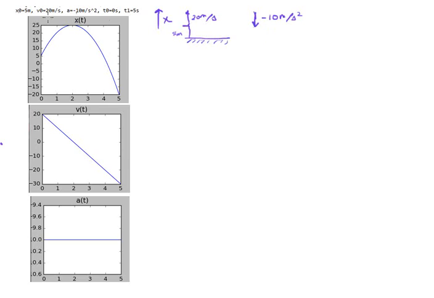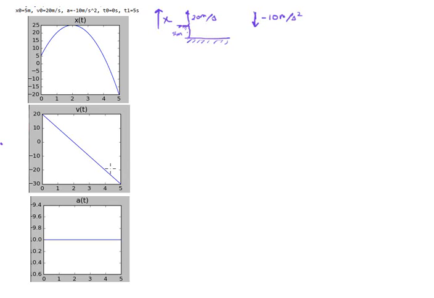And so I've summarized the parameters up here. X naught is equal to 5 meters. That is, we're throwing it from an initial height above the floor of 5 meters. And it has an initial upward velocity of 20 meters per second. The acceleration is minus 10 meters per second per second, and we're going to think about these plots as generated over a time interval from 0 seconds to 5 seconds. Okay, so the first thing to say is that if we start at the bottom,